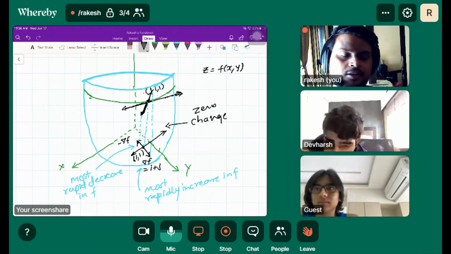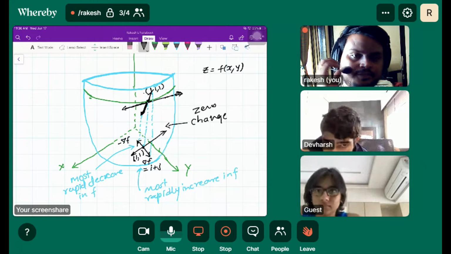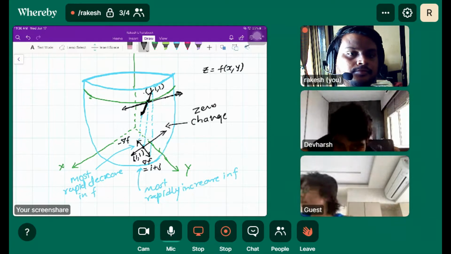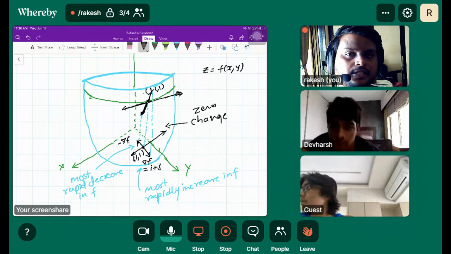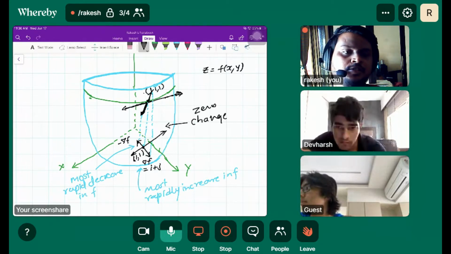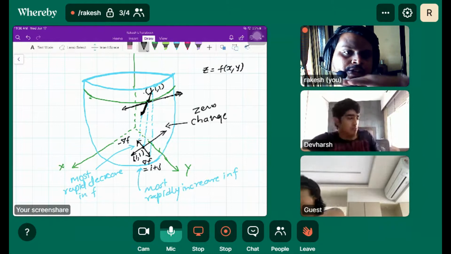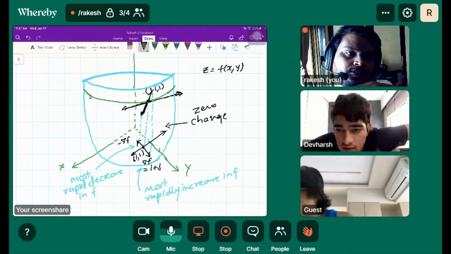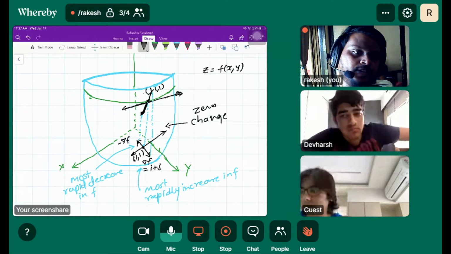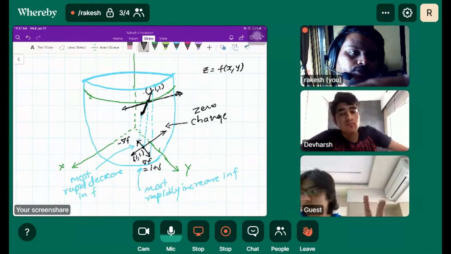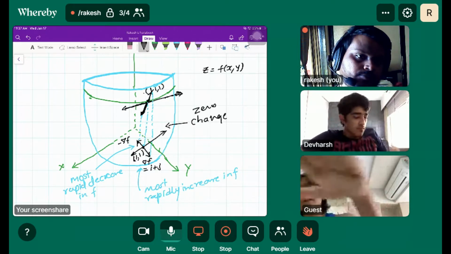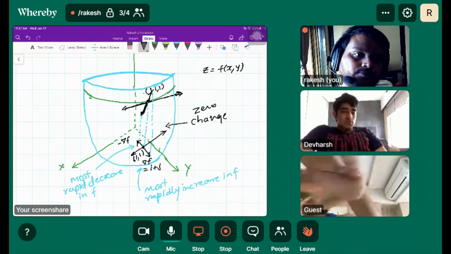What is a level curve basically? Can you define a level curve? The value of z will be equal throughout that line. Yeah, but basically the level curve is obtained when you cut the object with a horizontal plane at constant altitude. When we cut the object with a horizontal plane, we get the level curve, right?